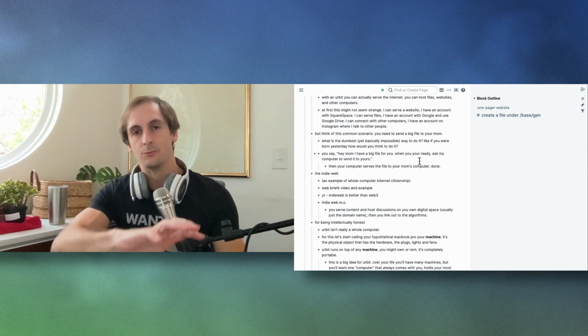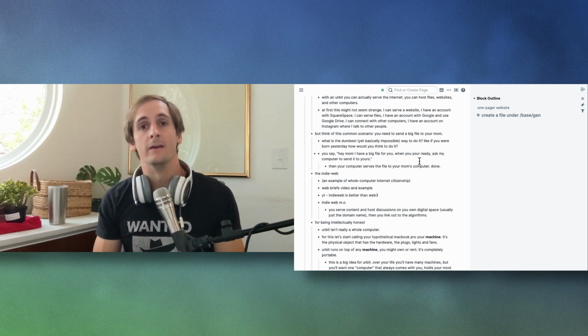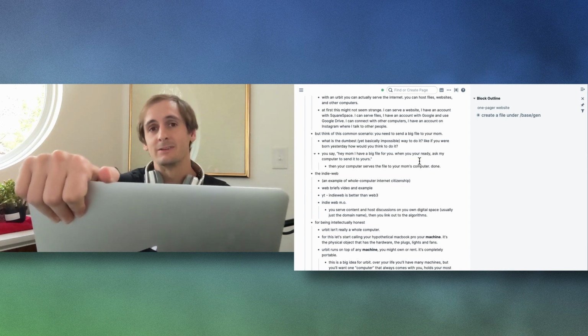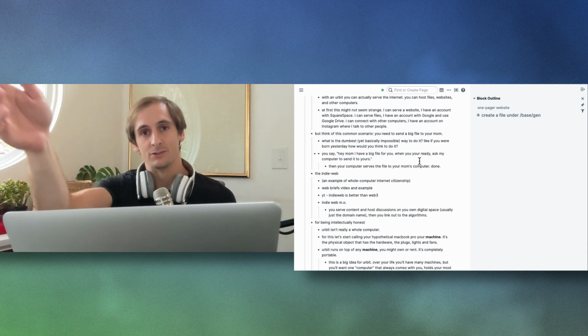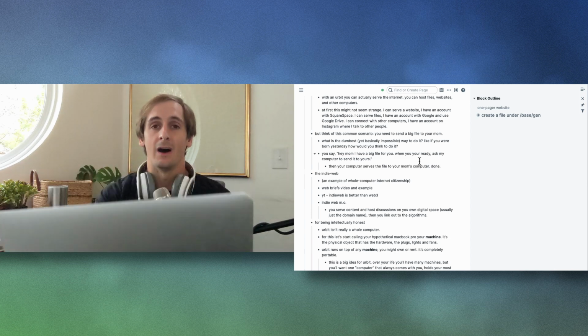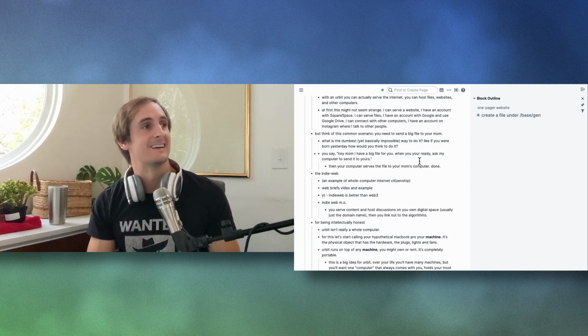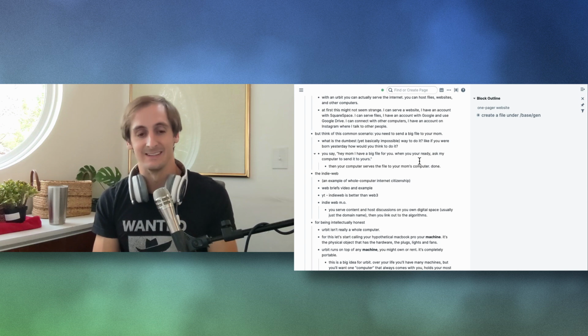The whole original concept of the internet was that a computer would get hooked up to the internet. It could not only look up stuff, but could also serve things on the internet. But a lot of things went wrong with that. It's like a deep, dark, evil place on the internet.